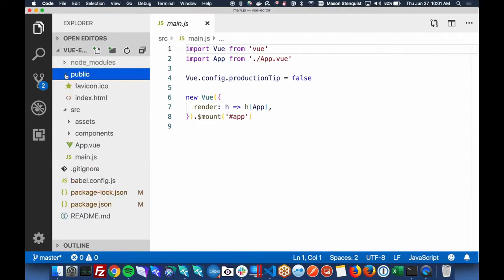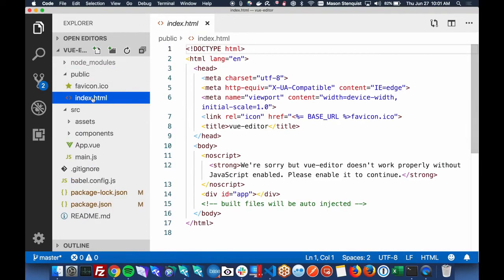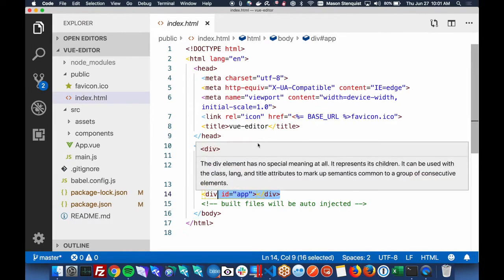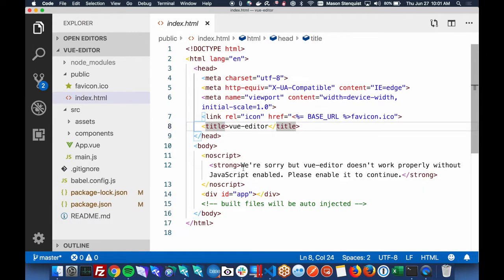So if you look in public, we have this index file. This is your main index file, and you'll notice this is our entire HTML app. All it is is an empty div tag with an ID of app. And if you don't have JavaScript enabled, all you're going to see is that nothing, basically. It's just going to say you need to enable JavaScript.